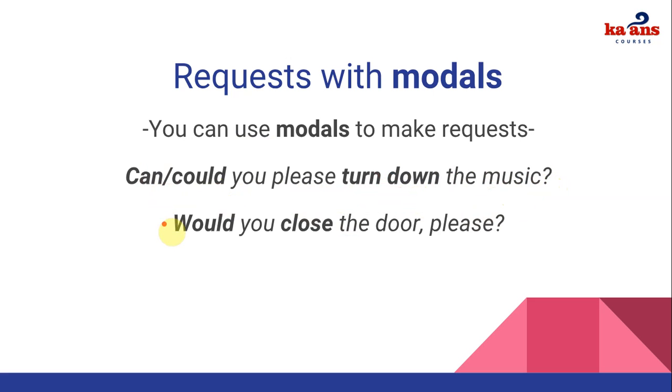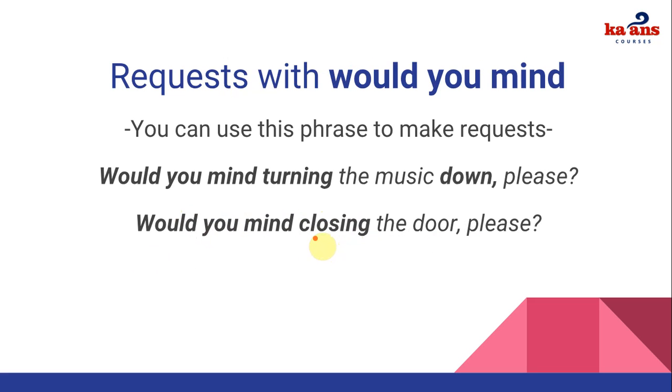Okay, and we also had an example with would. Would you close the door please? In this case, close is a main verb, it's not a phrasal verb, so there's no splitting or separating at all. And finally, we had requests with would you mind. Again, it's a question. I told you that the most important thing is to use ing for both phrasal verbs or main verbs. And as you can see, we have turn, turning, close, closing. So the ing form is going to go to the main verb. You cannot put ing with a preposition, that would be incorrect.